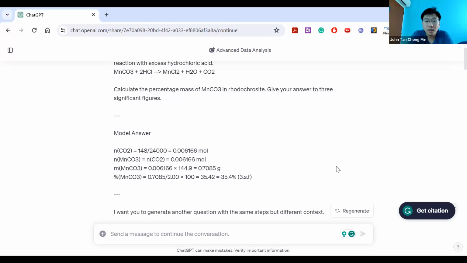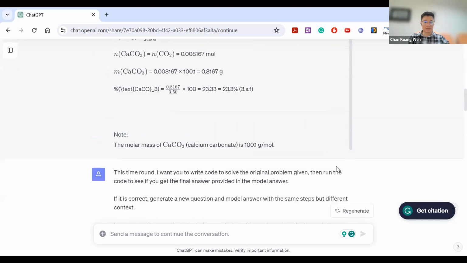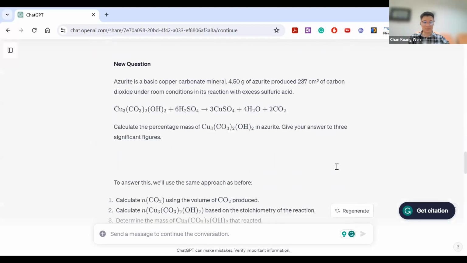Nice. Something is bugging me with this: the questions that they generate, do they use the same chemical compounds, or do they hallucinate or create their own ones? If you look at this, there's a reason why I chose it, because it gave a very weird chemical after I asked it to generate something. It started to generate something that might be right, might not be right, but at that point in time, to me, this was a problem.